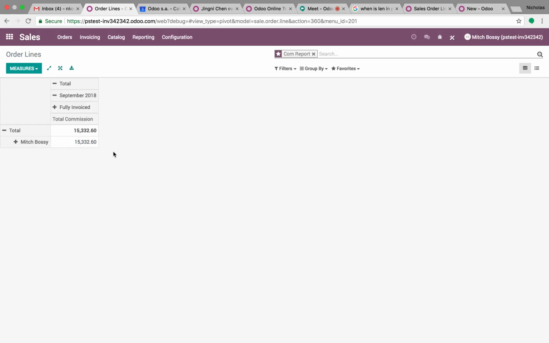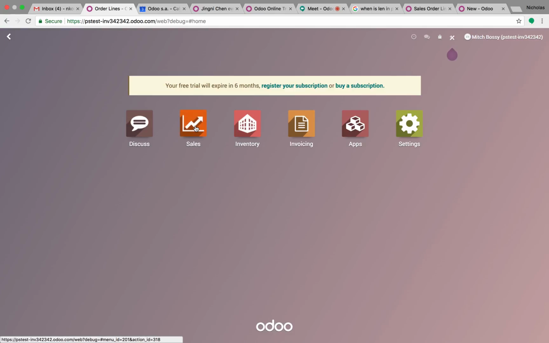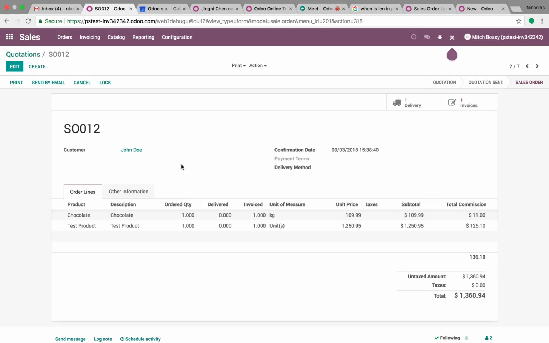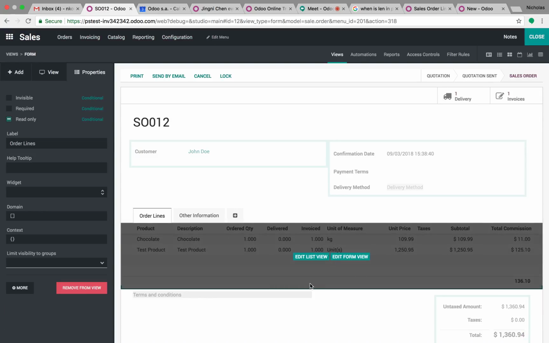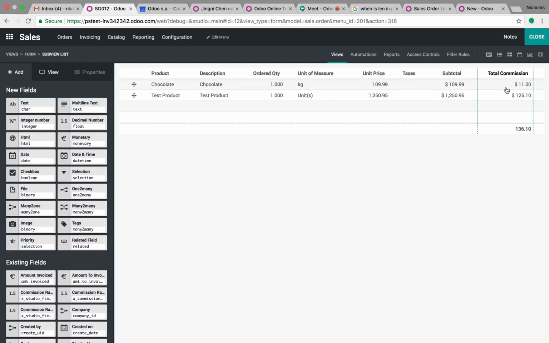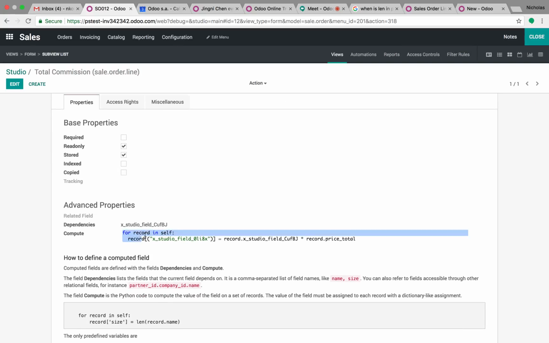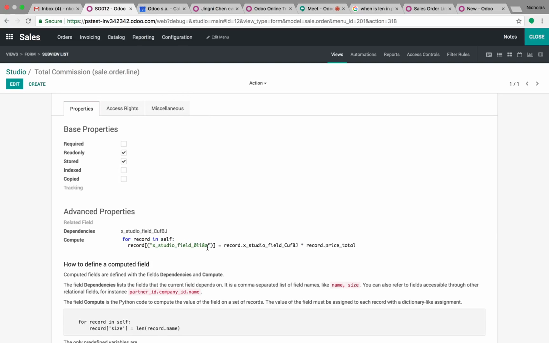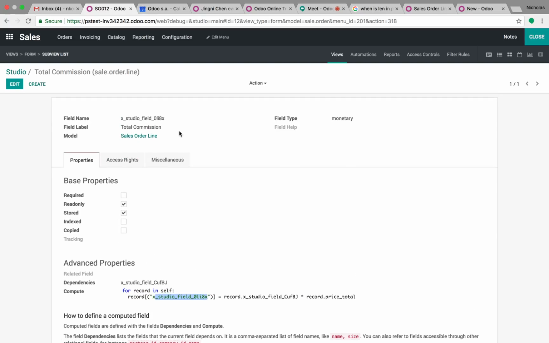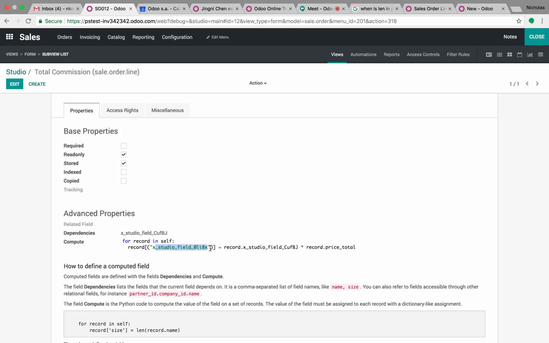commission's derived from. So in a nutshell, all of this is pretty much done via calculated fields on the order line level. And if you drill down, you can see some basic, for instance, commission calculated. We can see the code written here for record and self, which is record equals our total commission earned per sale order line. We just take the studio record that we created, which is